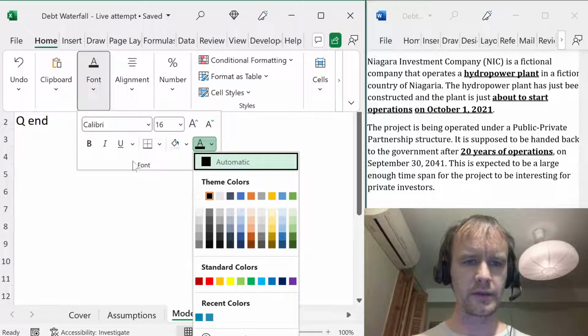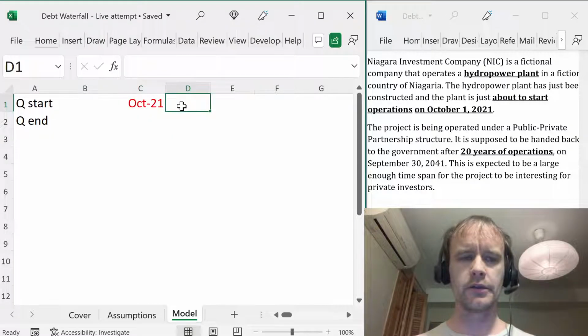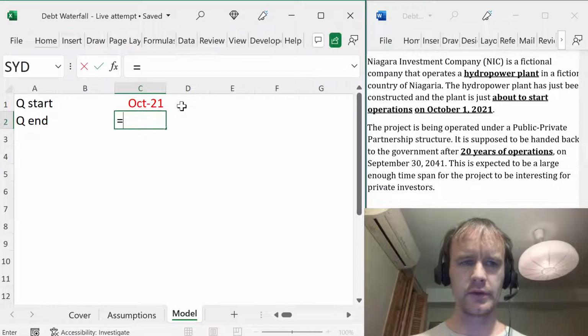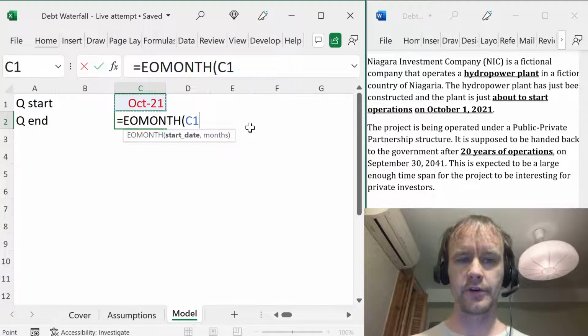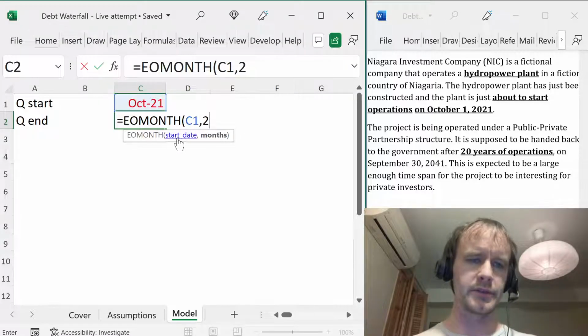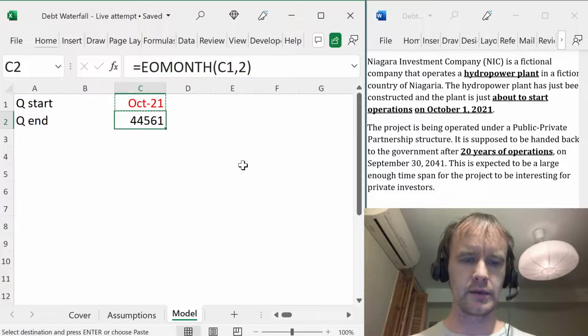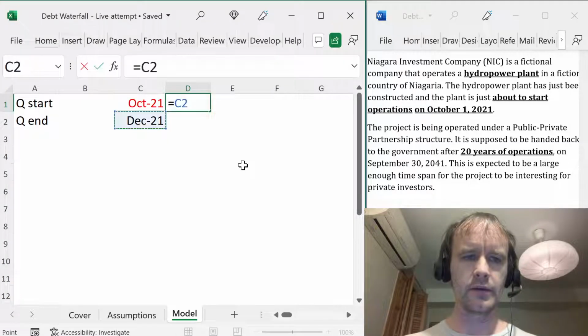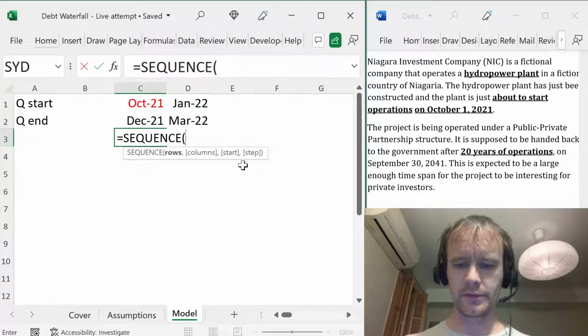I'm going to make that one red just because it's going to be a different formula from the rest of the row. And then I'm going to say the quarter end. So EOMONTH gives you the end of the month, a certain number of months after. So in other words, it starts in October, so 2 months later is December. I want the end of December, and again I'll do that, and this one's going to be black, and then I can just say that +1 and copy that across,